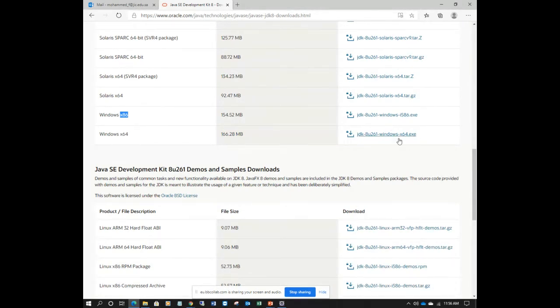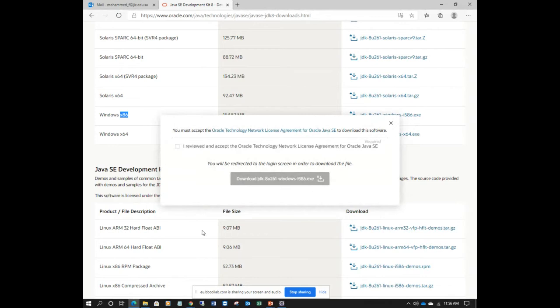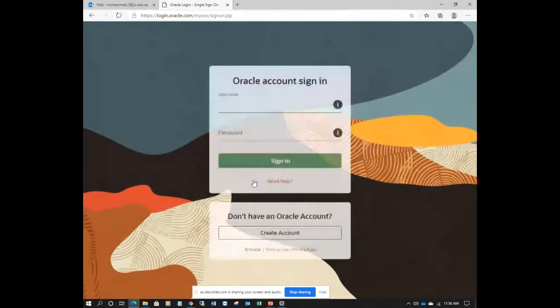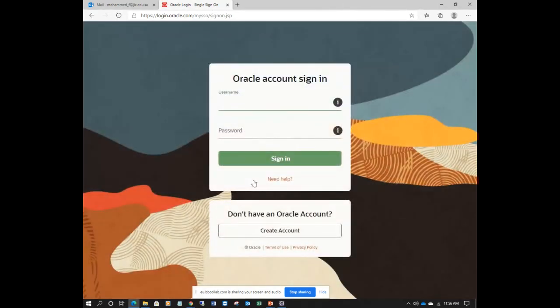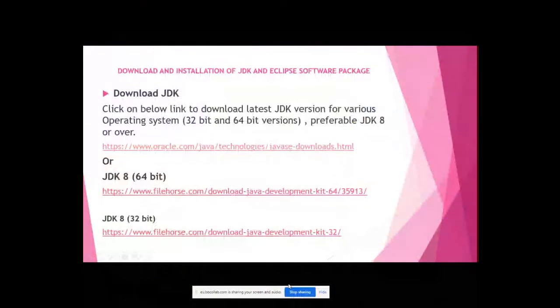Now, I already downloaded these two software. When you click here, for example the 32-bit download, it will redirect to the Oracle login page, and in this case you need to create an account. To avoid this, you can download from other sources that don't require a login.